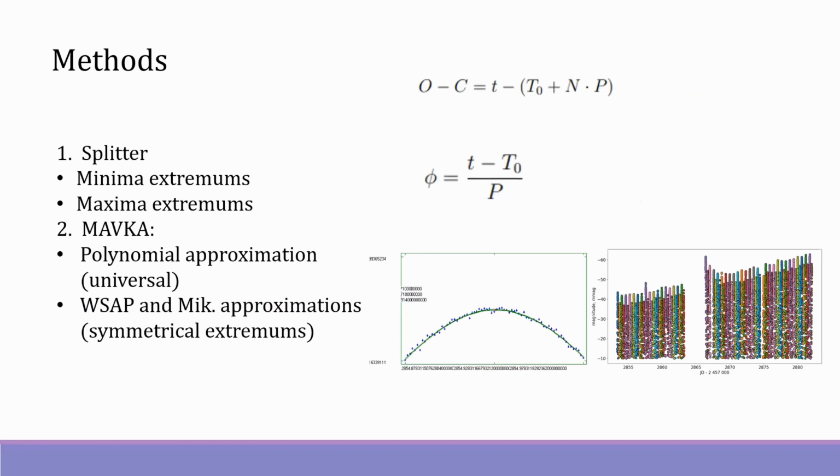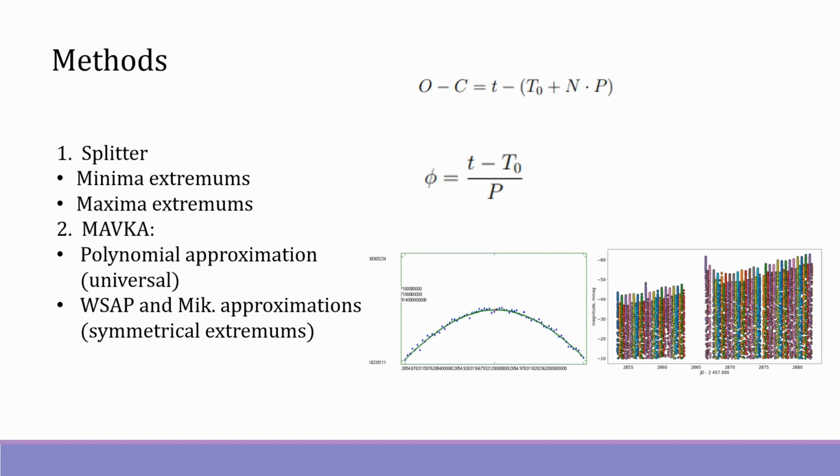For our study, we used open access data from the TESS Space Telescope provided by the Mikulski Archive for Space Telescopes. We used photometric observations from sectors 14 to 22, sectors 25, 26, 40, 41, and from 47 to 59. For separating maxima and minima extrema and determining the approximate period, we used a code splitter developed by Dmytro Twardovsky.